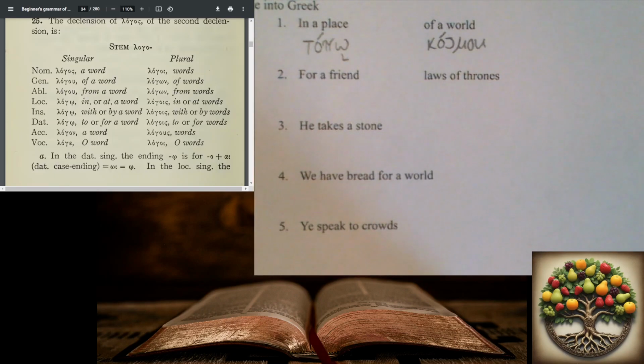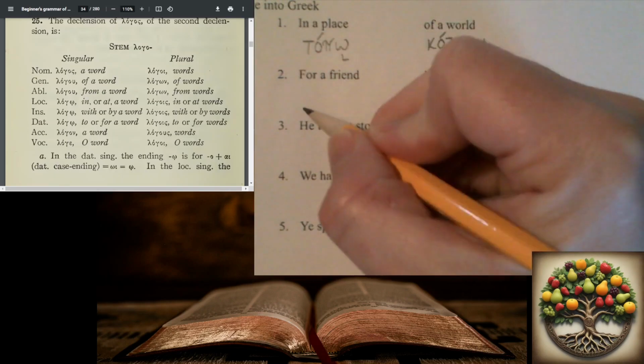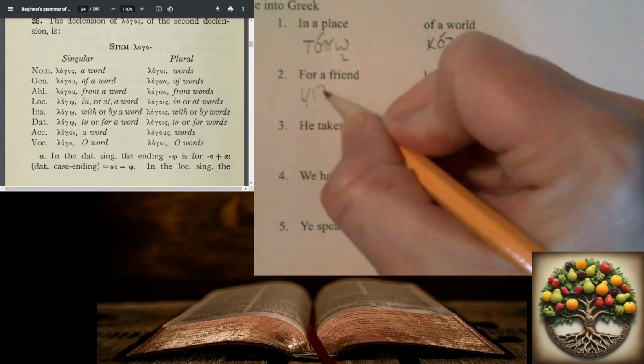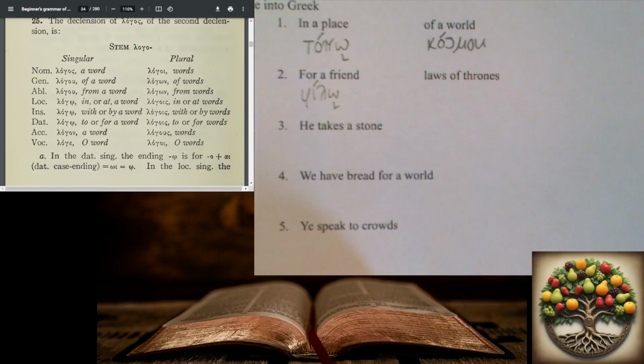Number 2 is for a friend. The word for friend is philo. And we need to put it in the dative case. Here we have some plurals, laws of thrones, namoi thronon,